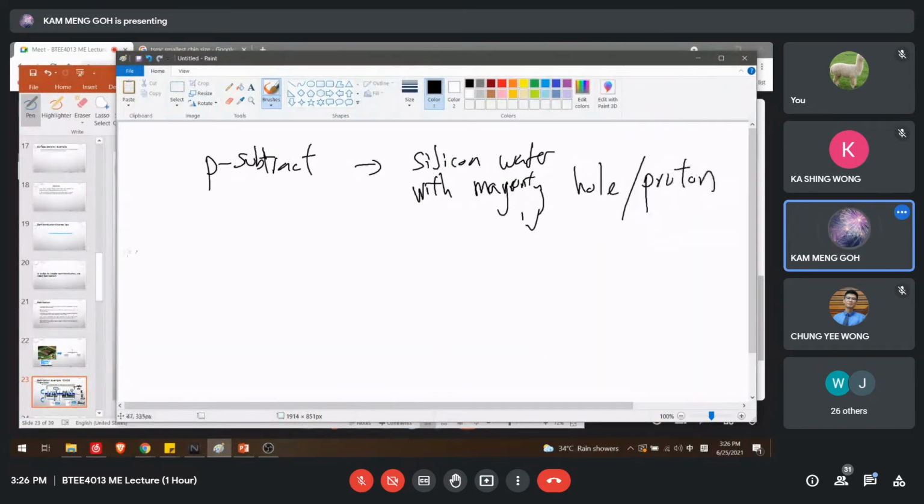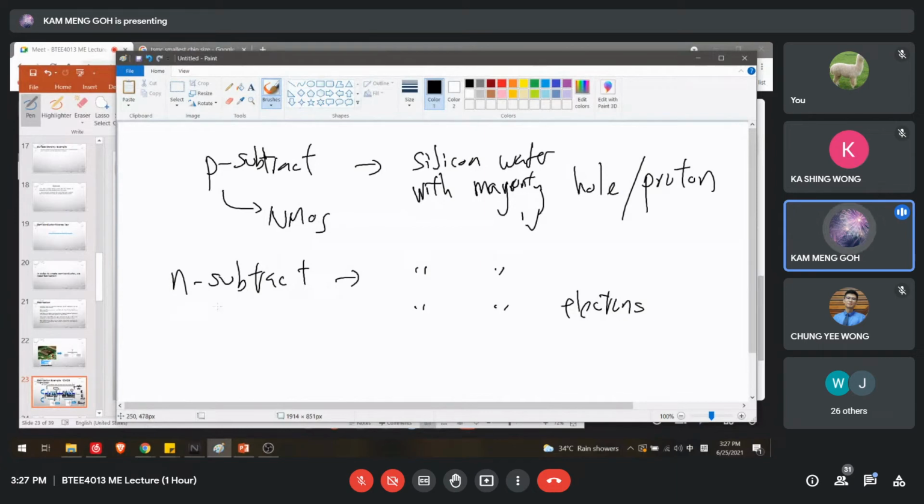N substrate is the silicon wafer with majority electrons. Okay. So normally the P substrate is going to create the NMOS transistor. The N substrate is going to create the PMOS transistor. Okay. So